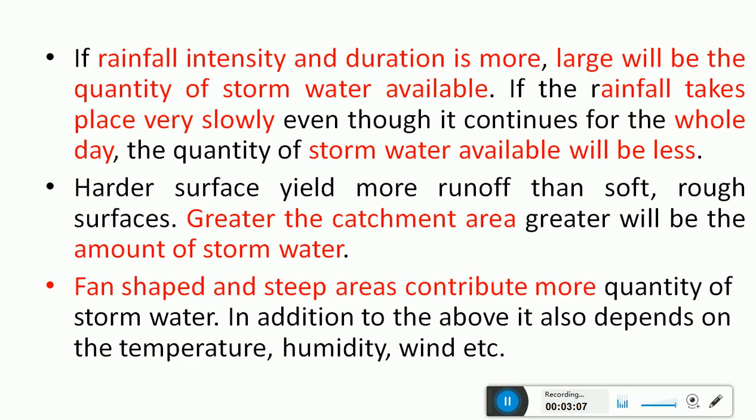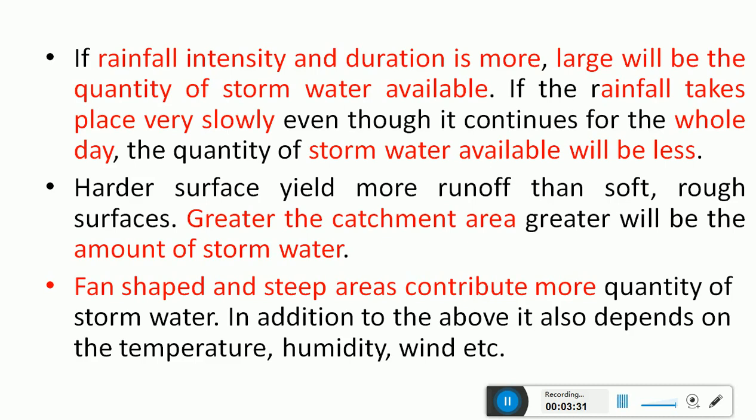So in this case if the rainfall takes place very slowly, even if it continues for the whole day, the quantity of storm water available will be less, because if the intensity is very low, then slowly the water tries to percolate